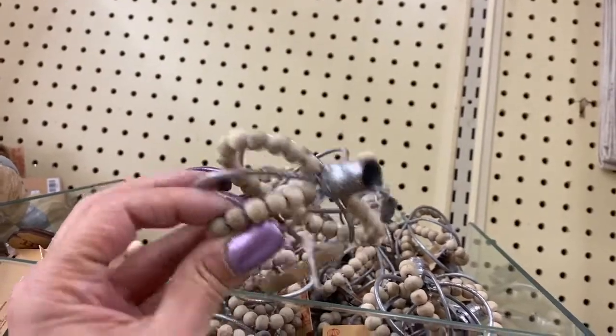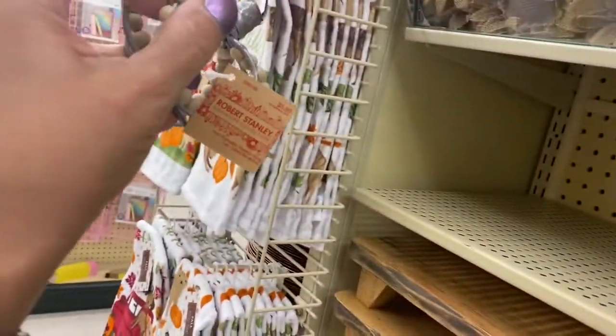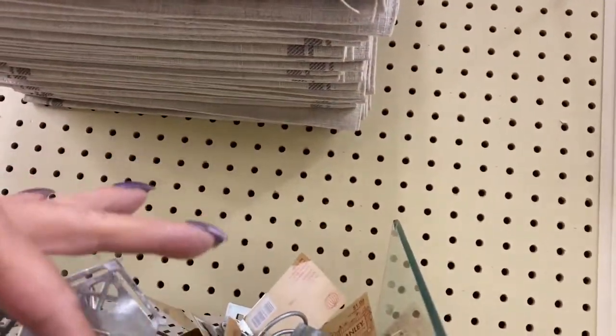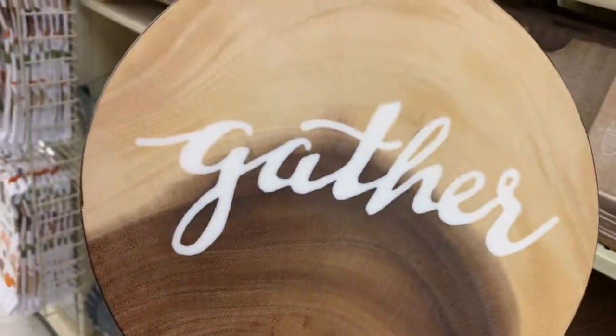Then they have this kind here. That's shaped like a pumpkin, guys. I'm loving those beads. So this is $5.99. So they have some more napkin rings here. That one is shaped like galvanized metal, and it's like a house shape. So look at these, guys. This one says gather,